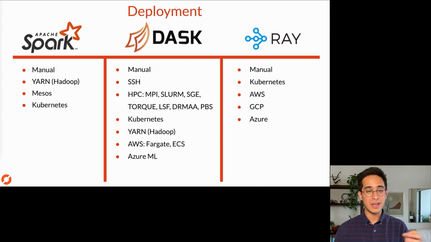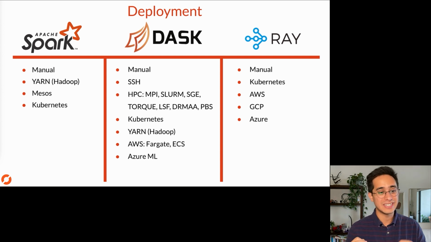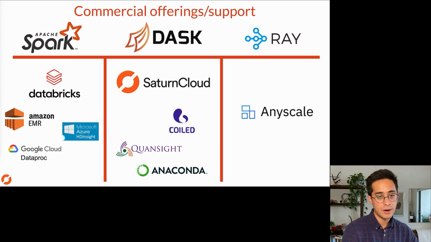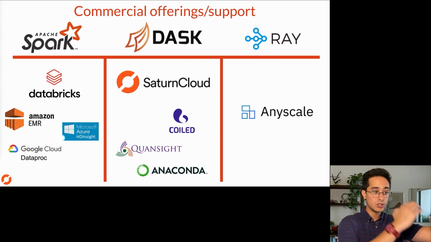It's not just how can you deploy, but how hard is it to manage and all of that stuff. With Spark, there are a lot more things to get working, a lot more configuration you have to do, and a lot more knobs you have to tweak. Dask is pure Python again, so that might be a little bit easier to work with. And then Ray, I don't have a lot of information to share because I haven't done a whole lot of deployment with Ray, but it seems like the code they built is made for easy deployments. But this is where commercial offerings really come into the conversation, because deployment's hard.